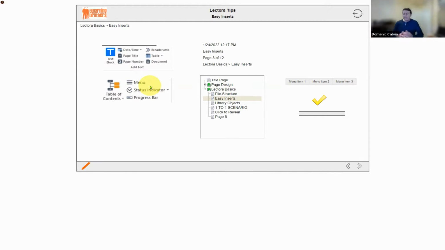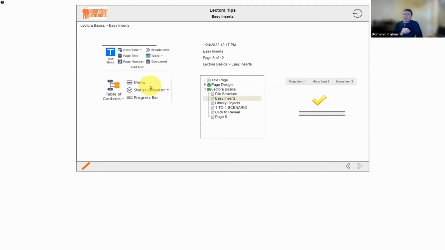So for example, and I'm just thinking about this idea off the top of my head. This is not scripted, but let's say you were doing a course and they went through several pages of learning content, and then you had a knowledge check and they got it wrong. Now, if they got the question wrong, you could have this type of a menu, which was previously hidden before they answered the question, and have an action that said, if they get the question wrong, show this menu, and this menu would have links to key